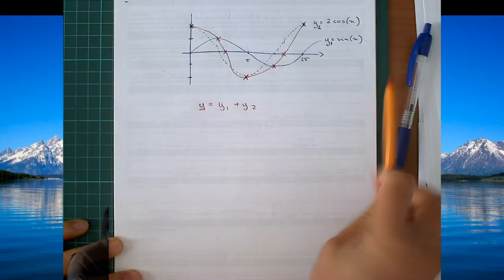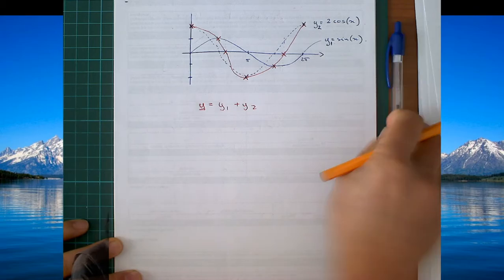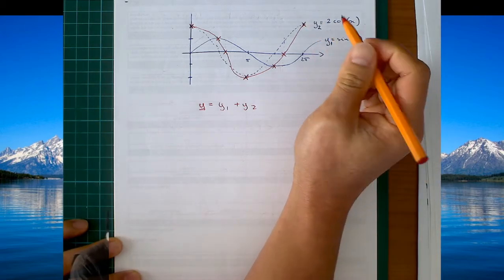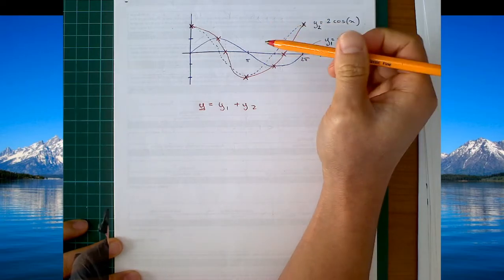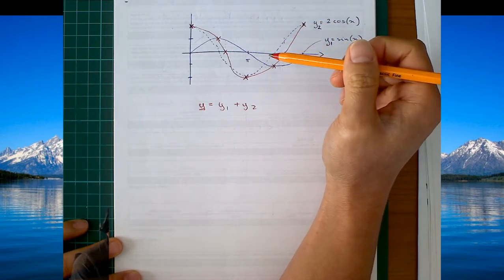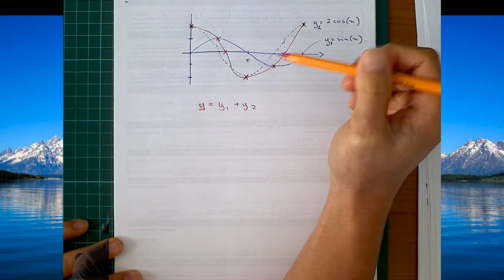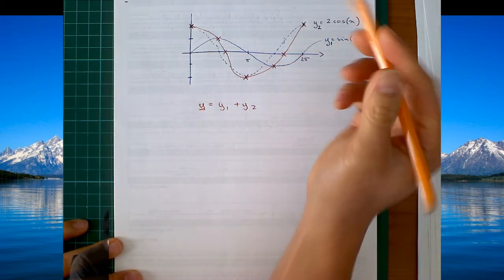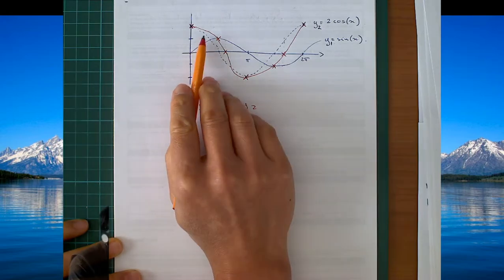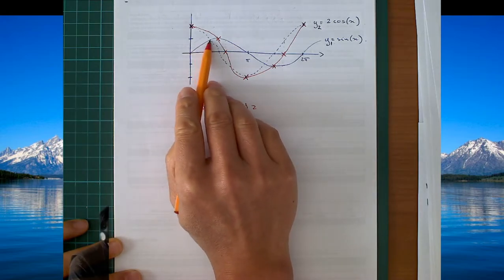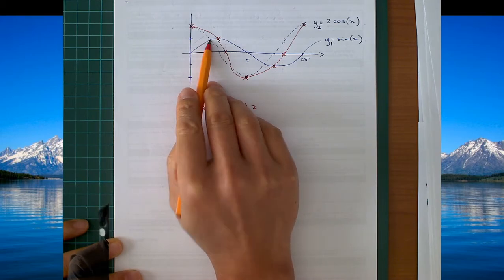And I missed that. I made a mistake here. My curve is completely off. There's other points that are important. So I looked at the points on the x-axis, the x-intercepts. Now what I forgot is, you see when the two curves are intersecting, so y1 and y2 are intersecting here. What it means, when you do the addition of ordinates, you add the same amount, so you double that.